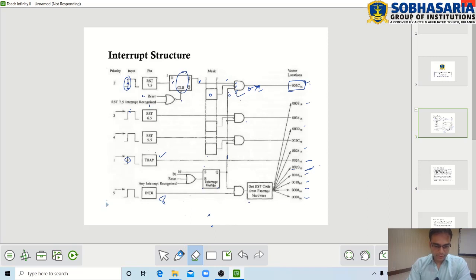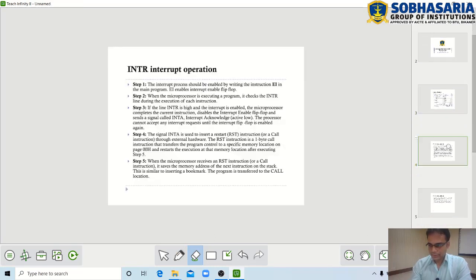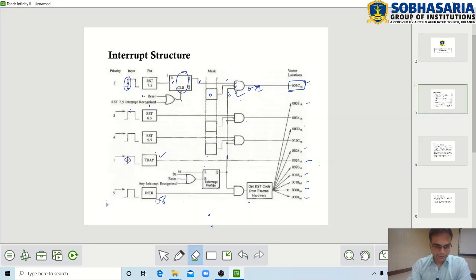Okay, now we'll see the next interrupt, this particular INTR, because INTR is quite complex and a little different compared to other interrupts. So we will see how INTR is executed.